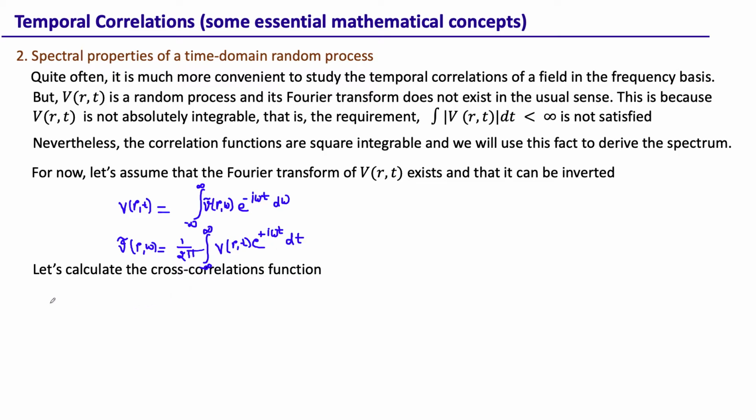What is the cross correlation function? That is V star (r1, t1) V(r2, t2), the ensemble average of that. So, if this is the representation of the field, then how does the cross correlation function look like? So, we have a double integral